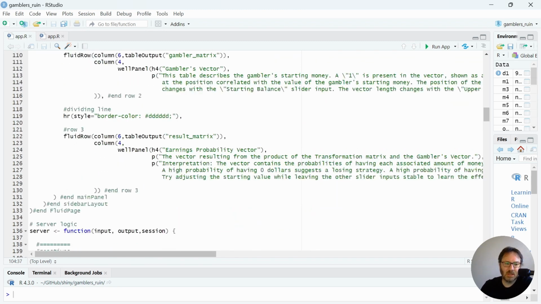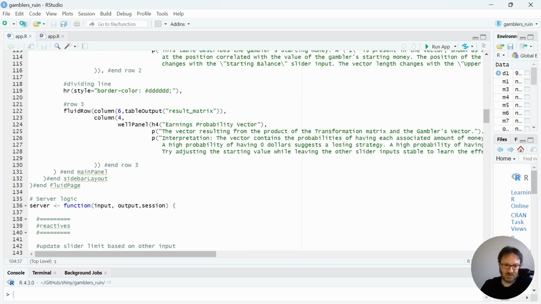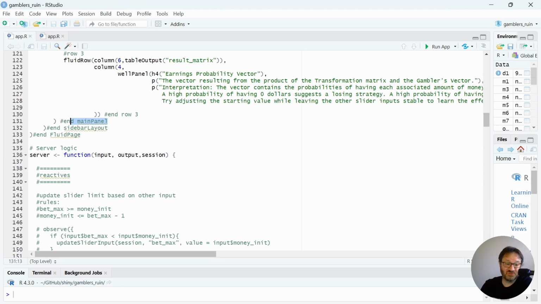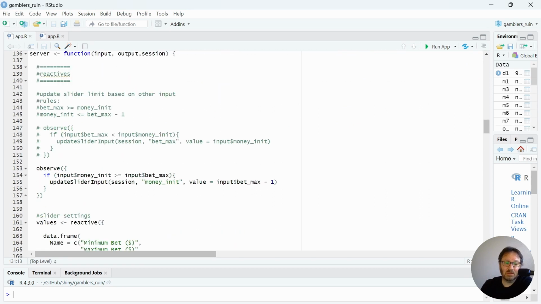There's another line, and then we have the third fluid row, which has the result matrix, which is the result of multiple gambling rounds that are set by the user, and then more description. There's also another paragraph here with a little help for interpretation. So that ends the main panel, and then we have an end to the layout and an end to the whole page. Below that we have the server, and in here I have a few things that are reactive,